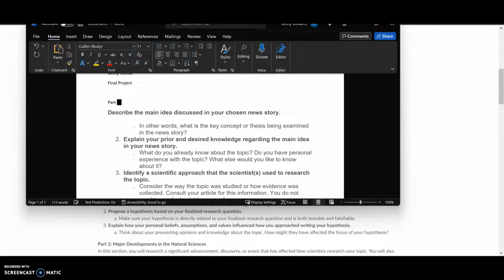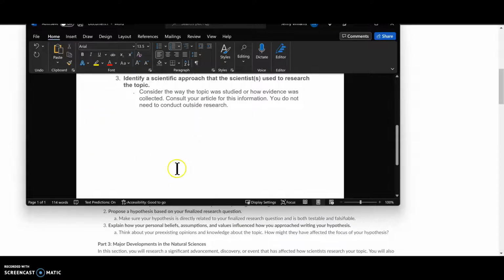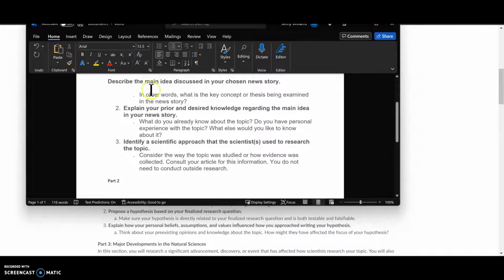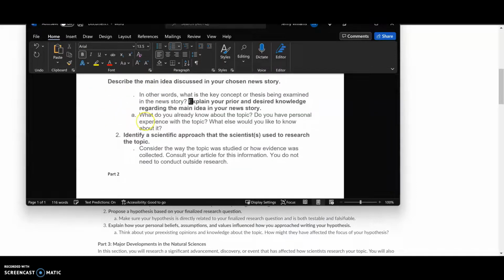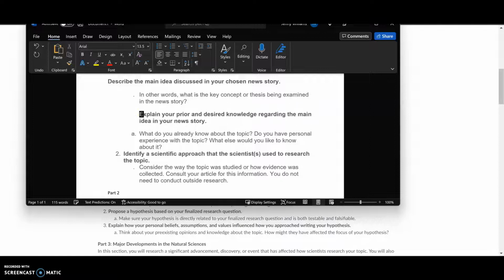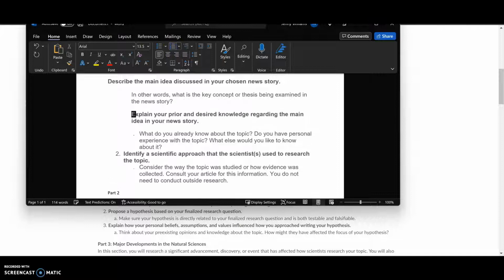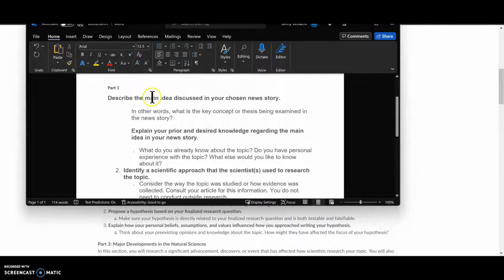For instance, I've had some students say, okay, this is part 1, and they've written a couple of paragraphs, and then they went down and did part 2 and answered those questions. Or I've had students parse it out this way, where they have left, you can see that my editing skills are not quite working. Anyways, it's really up to you. You can paragraph it out, or you can just go ahead and answer the